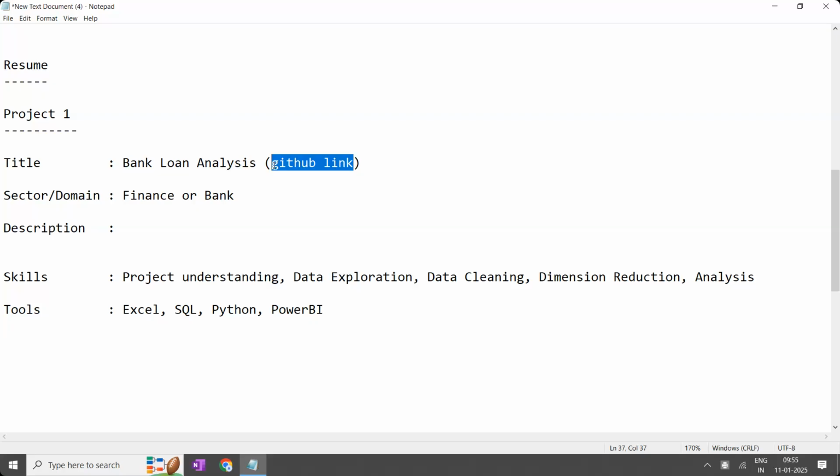So what are the things you have to add in the GitHub link? Two things. One is data, the business problem. These two mean the initial question that was given to you. For example, the hackathon I gave you was in terms of a business problem and data set. The same two things you have to add. Sir, this is the business problem and this is the data set which was provided to us. And the solution you have shared with me, that solution you have to add there.